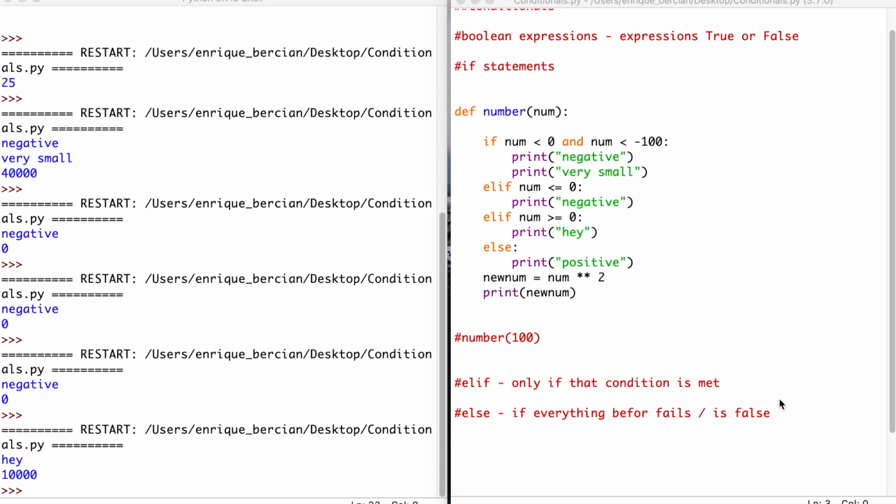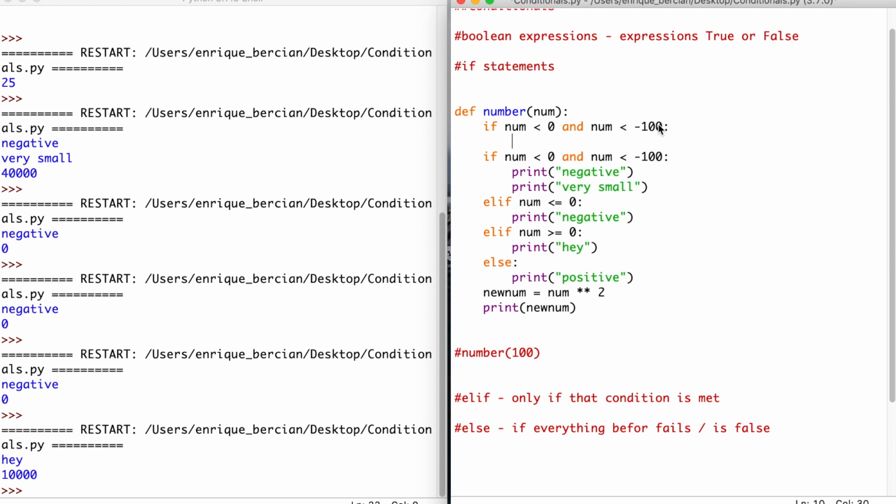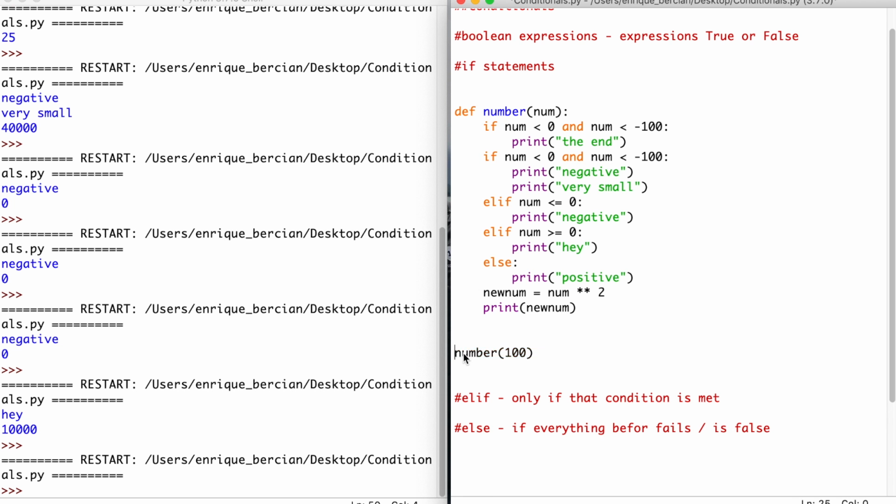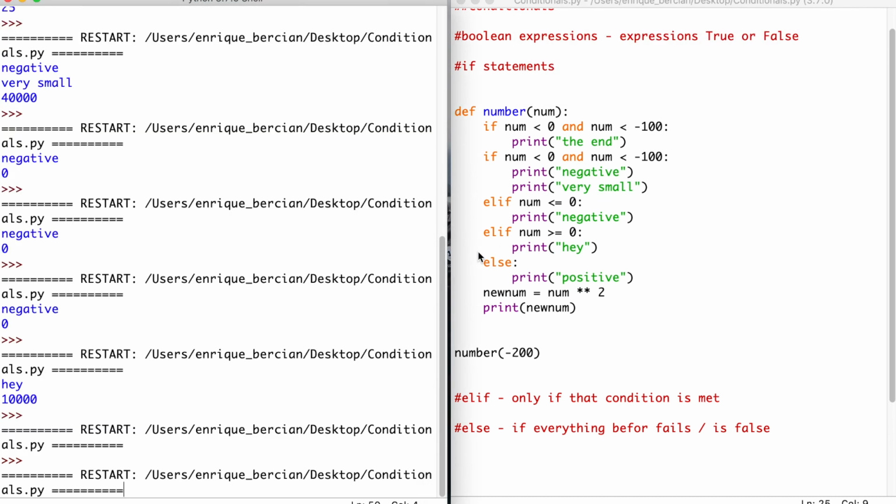Yeah, and to end this video, we're going to go over some tricky things that might confuse you. So let's say we have another if statement here with the same conditions. Print the end. So now let's run this and guess what will happen. Oh wait, we didn't have it. Print negative 20. So here